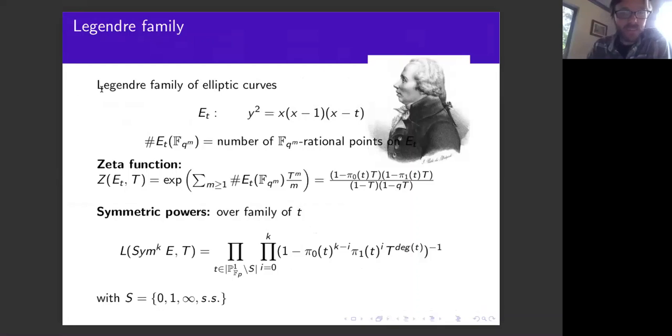All right, so Legendre family of elliptic curves, and so this is the Legendre family right here. So the parameter here is the t, and so it's given by this elliptic curve here. And so actually, before I move on,